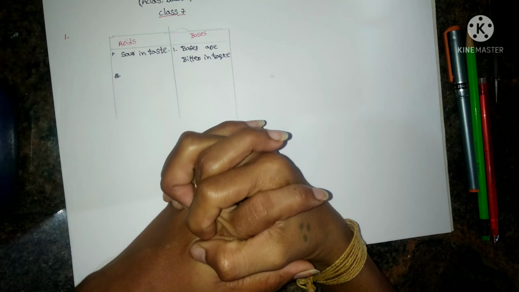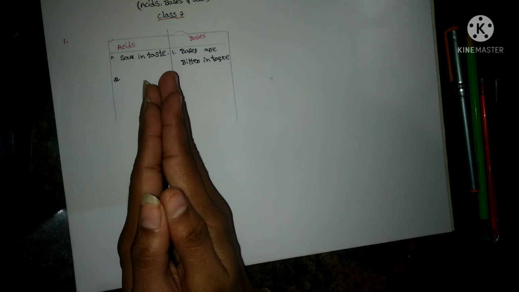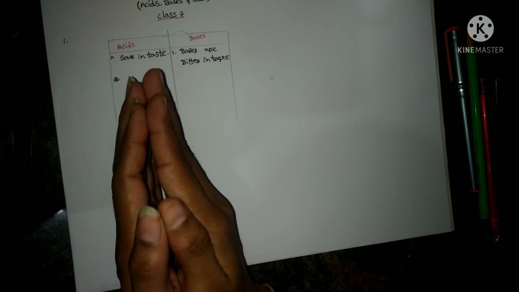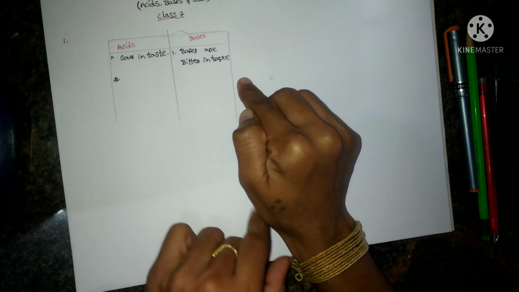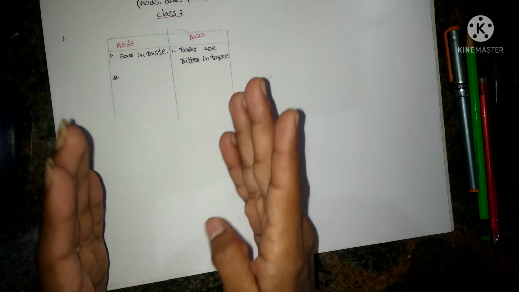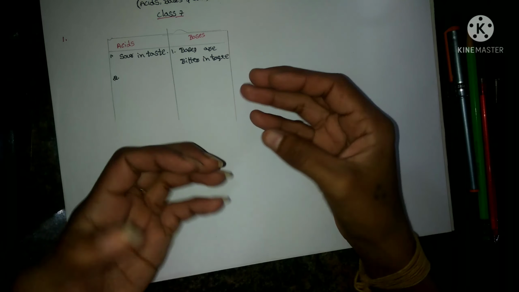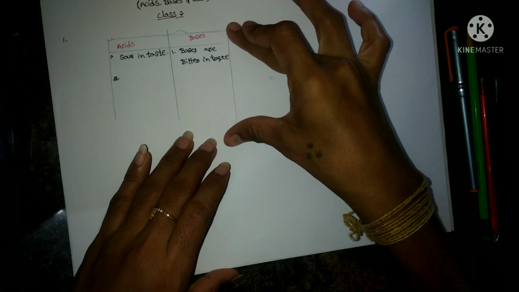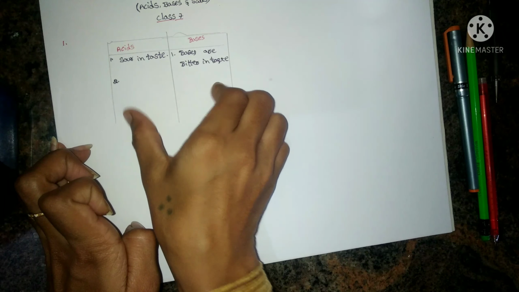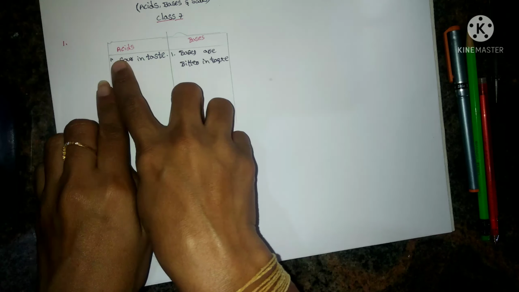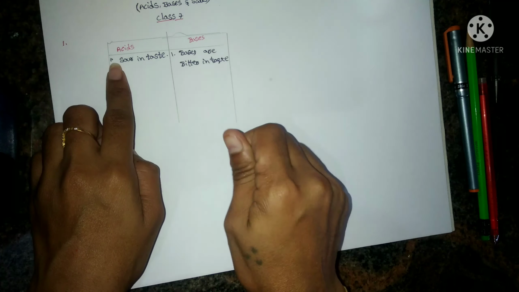Not only that, in our videos I have explained one more point. That is, acids in their aqueous solution release H plus ions. Similarly, bases release OH minus ions in their aqueous solution. So like this, based on the concept you have understood, you can write your own points. It is not the method of rote learning. What you have understood, that you have to give as the answer. But remember, when you are writing differences in the tabular form, each and every point should start on the same line. This point please don't forget.